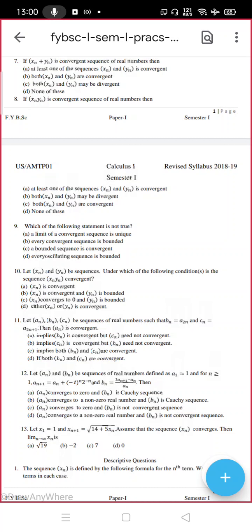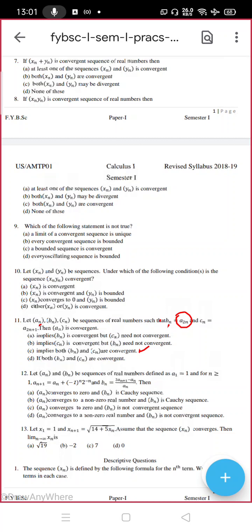Perfect, very nice. That is what I wanted. Thank you, Deepali. That was awesome. Happy that you answered. Even it was fully correct. That is, if your sequence is convergent, its subsequence will be convergent and converge to the same limit. So Bn is A2n, this is a subsequence of my An, and Cn is A2n plus 1. This is also a subsequence. Perfect. So option C is correct. Very nice. I'm happy.